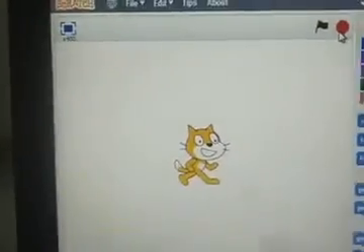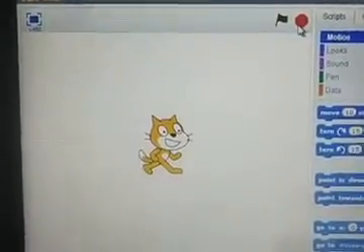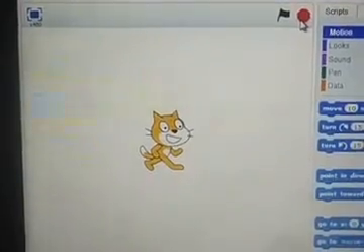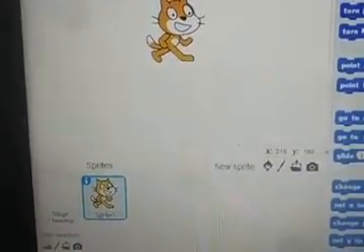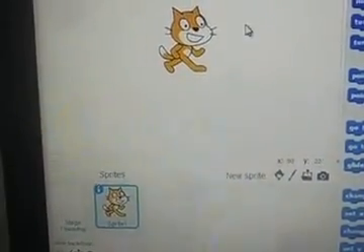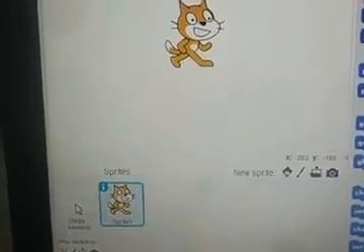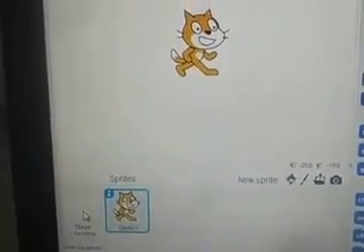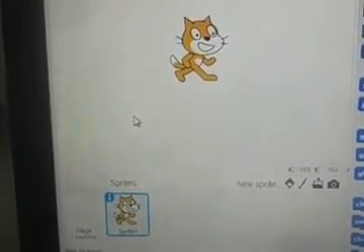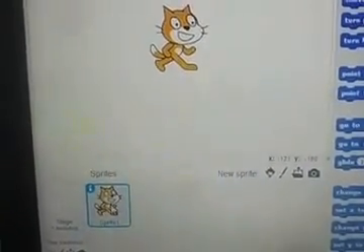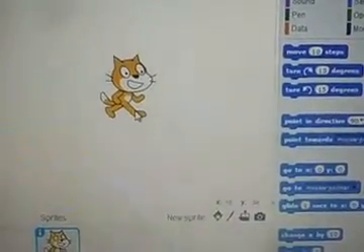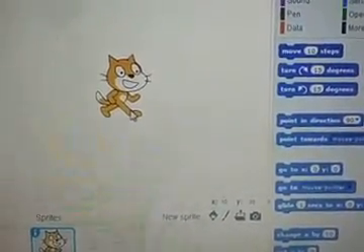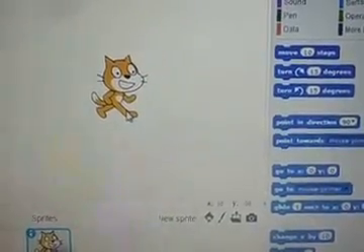Now we can see this blank screen on the top with a cat, known as the Sprite. Downside, if we note it here, we find the Stage 1 background, and the background is white. As we can see in the bigger screen, this is known as the stage. And second is the Sprite, this is known as the cat. It is available here, the same one. So we can say that the stage forms the background for our project, and the Sprites are the objects that perform actions.